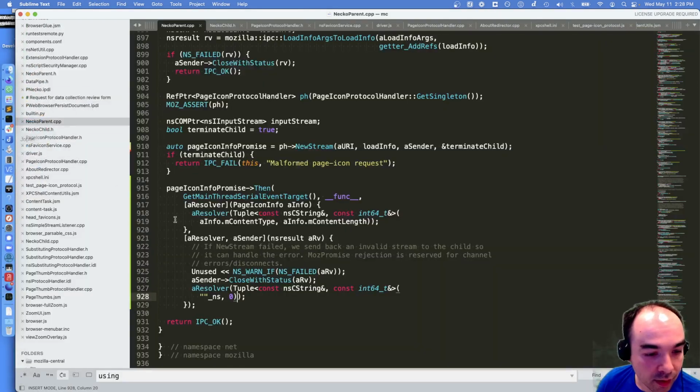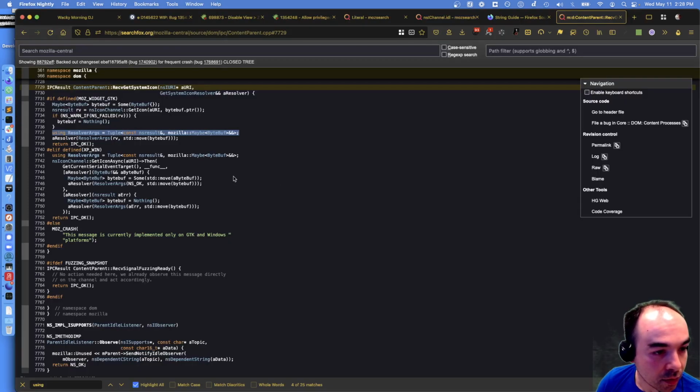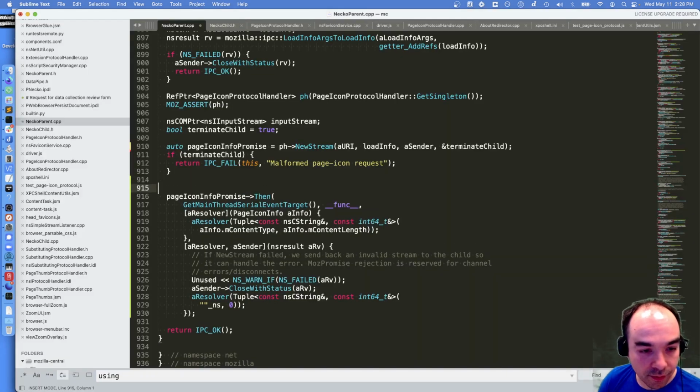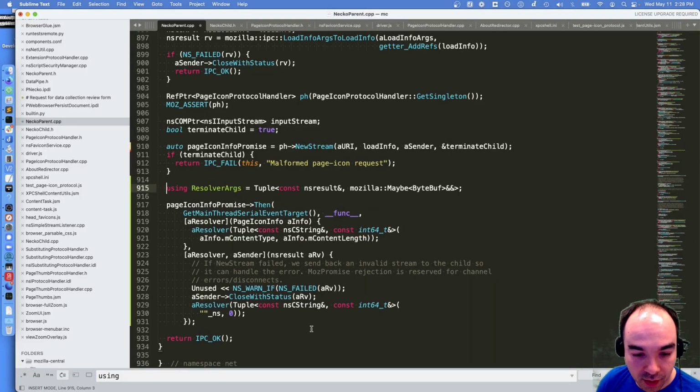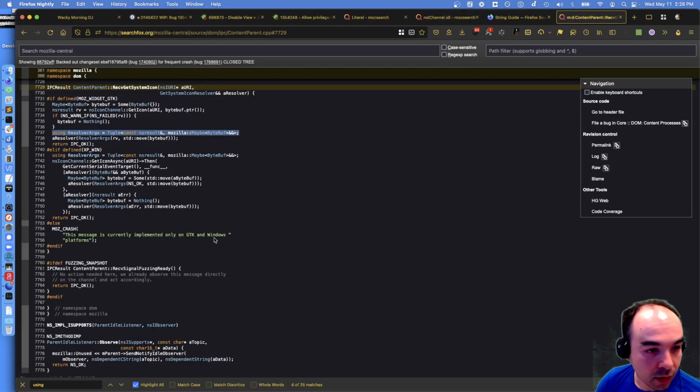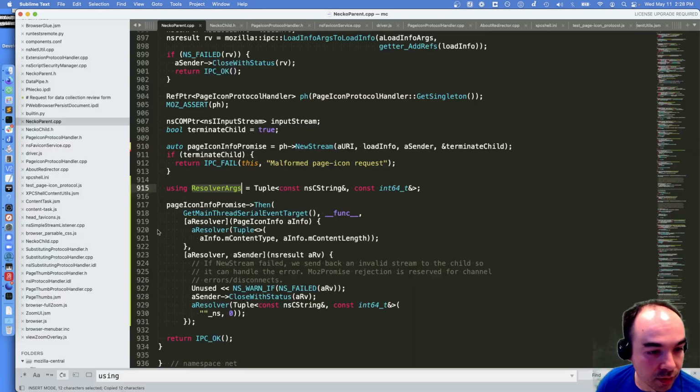Does it matter if I like? Do I have to define the tuple outside? Resolver args. If I do it that way. And then resolver args.